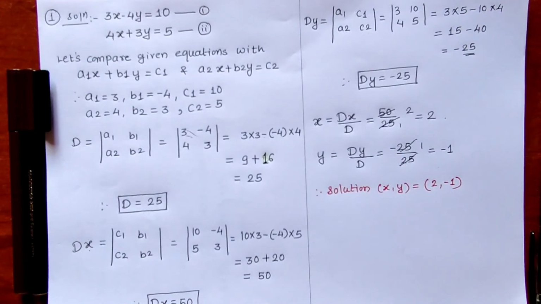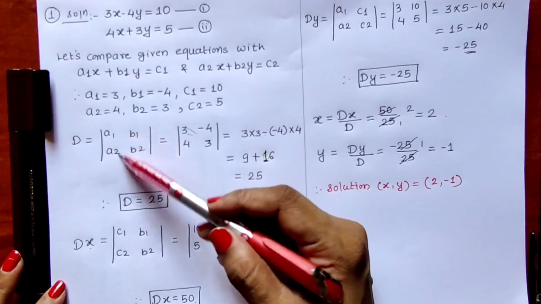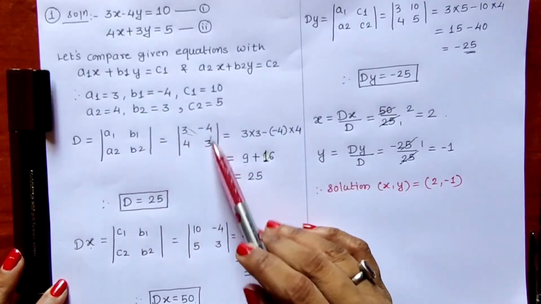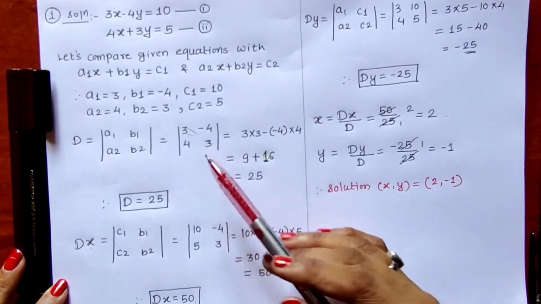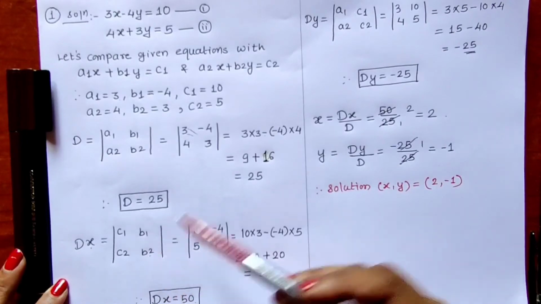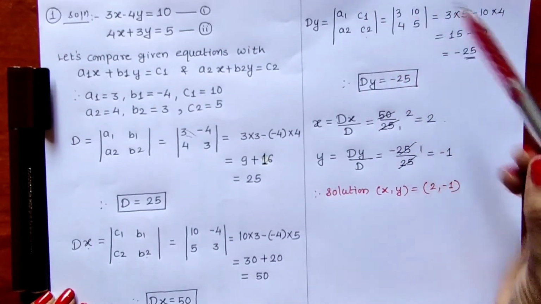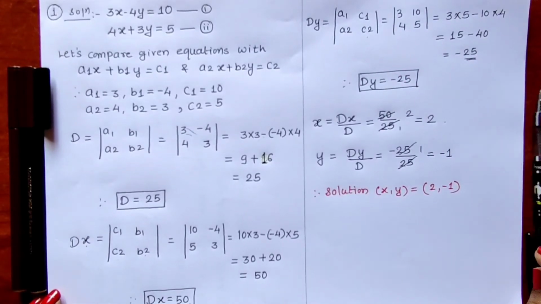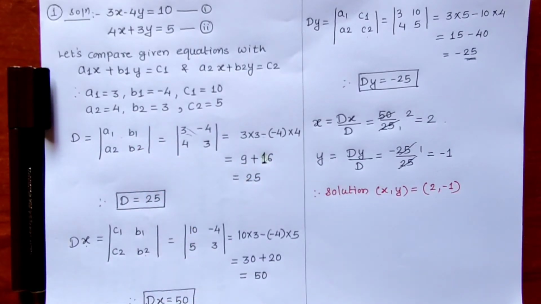So in this way we will be solving all the sums. If you want, you can write this A1, A2, B1, B2, or you can directly write this coefficients of X, coefficients of Y. Then here constant terms, coefficient of Y. Here coefficient of X, constant terms, and then solve. So from second question we will be directly writing the values. We are not going to write A1, A2, B1, B2 like this. Okay, so let us solve second sum.